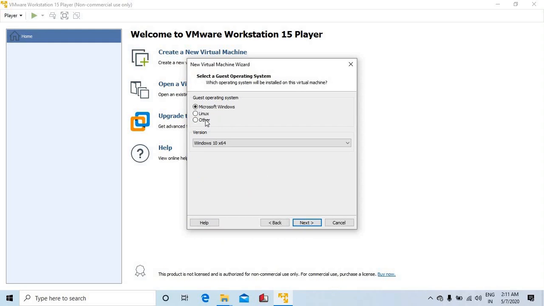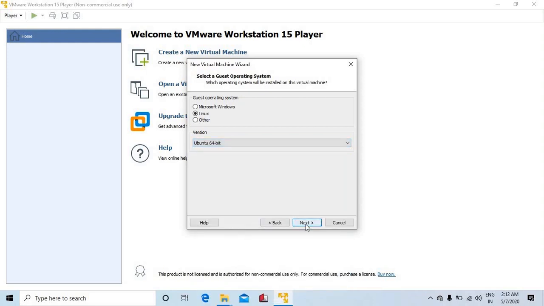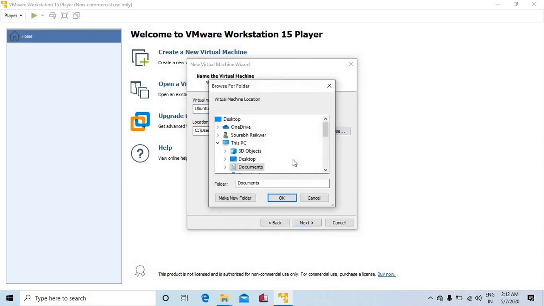Here we choose Linux and in version select Ubuntu 64-bit. Then click next. Here we give a name to our virtual machine, and if you wish to change the location, browse to the particular location,